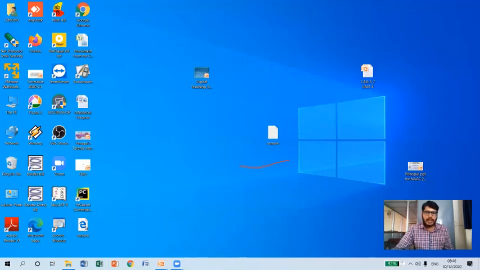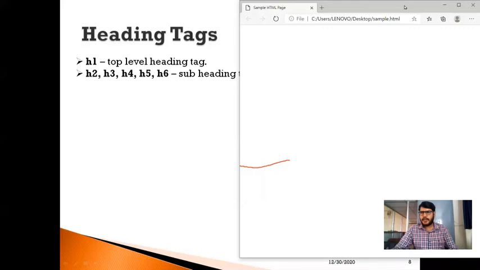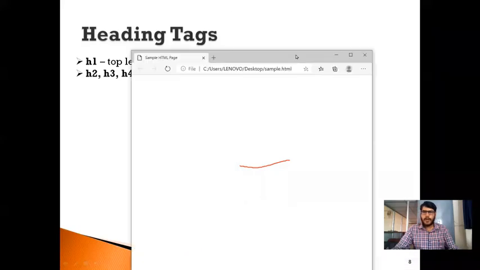Now let me double click on this. You can see here the file has been opened now, right? You can observe the title bar here. It is showing the path where my file is located, with sample.html.